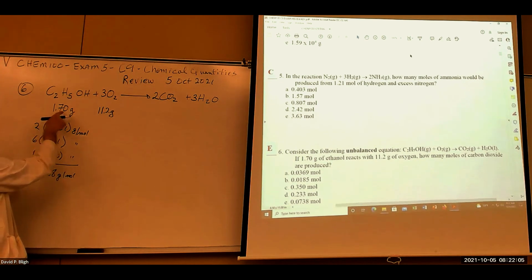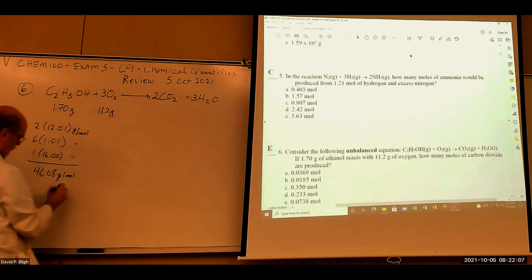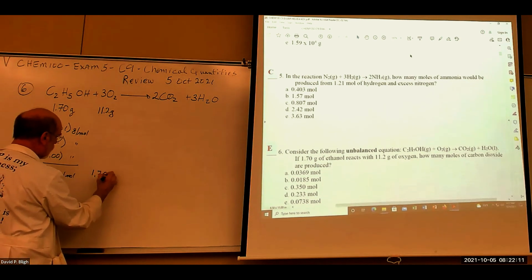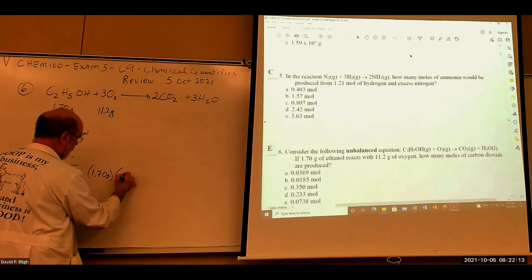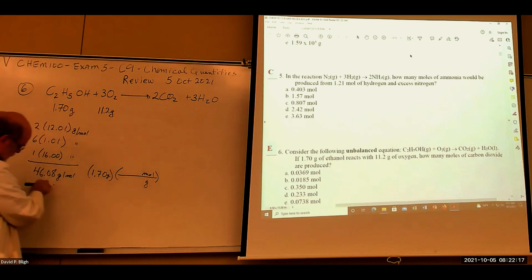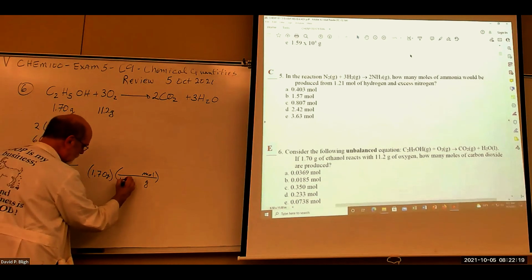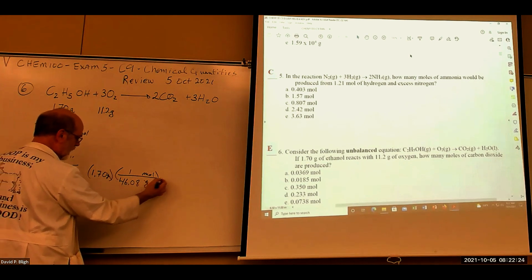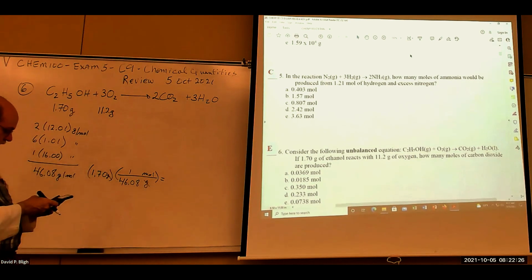Now we can convert this one. 1.70 grams. We want to convert that. Grams on the bottom, moles on the top. So this grams goes on the bottom. That way we can cancel the grams and calculate our moles. 1.7 divided by that number